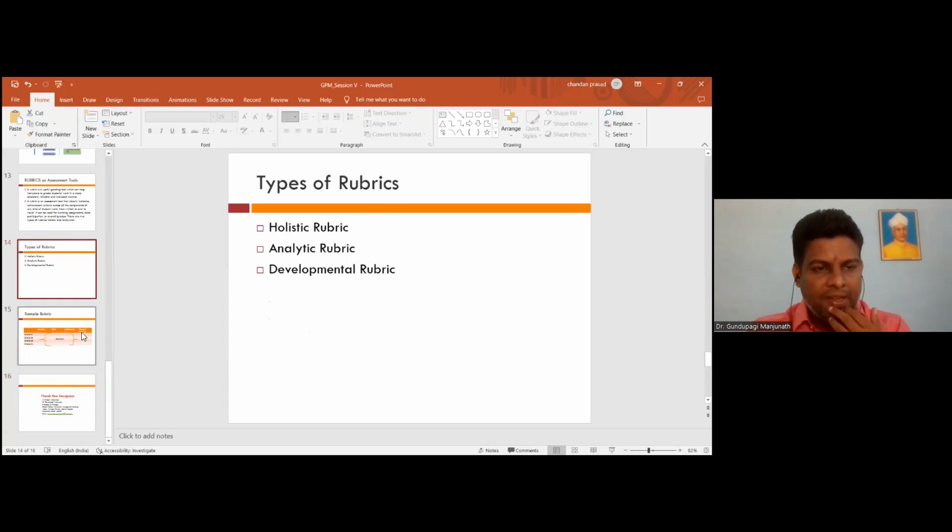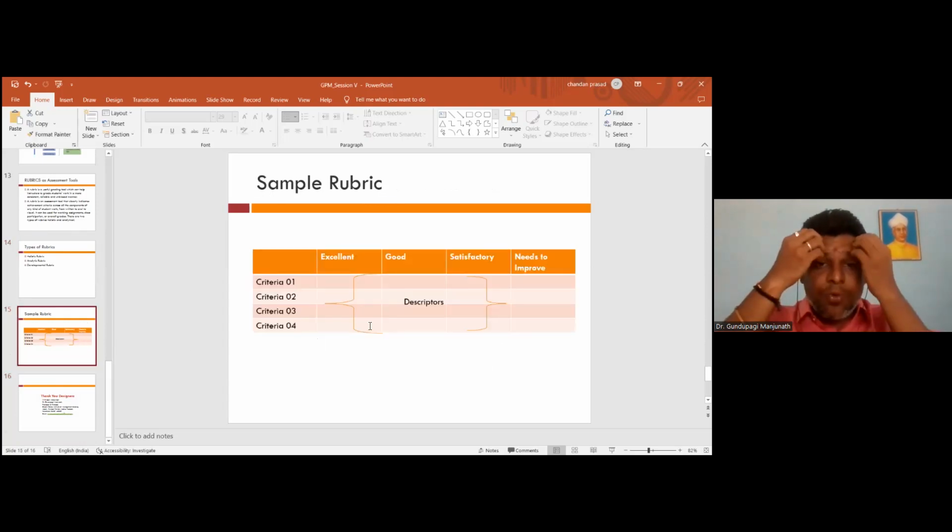Okay, I am trying to go to a sample rubric. It depends on the teacher how he is designing the rubrics. Any rubric can be designed basically for the frequent things we are giving to the student, for example, case studies. Every week we are giving an assignment, or